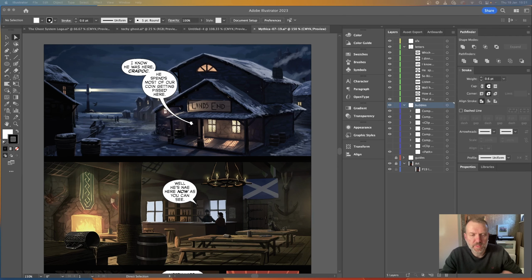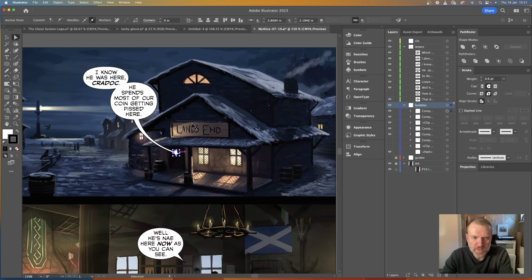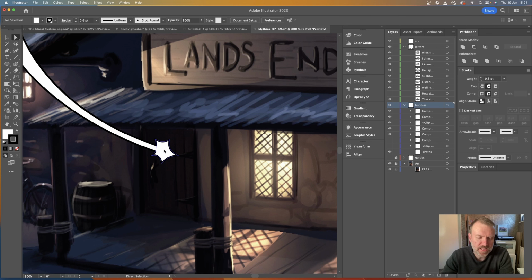So I've got a page in front of me here. This is from Mythica issue 7 by Action Line Studios, written and illustrated by the incredibly talented Matt Campbell. Head on over to their website and buy everything on there because it's amazing. And on this page we have a squink. Oh yes we do. And if we select this little beauty here and zoom right in, this, everybody, is a